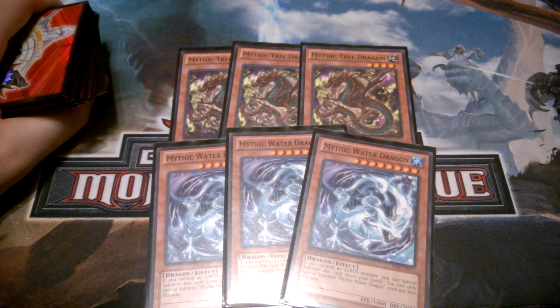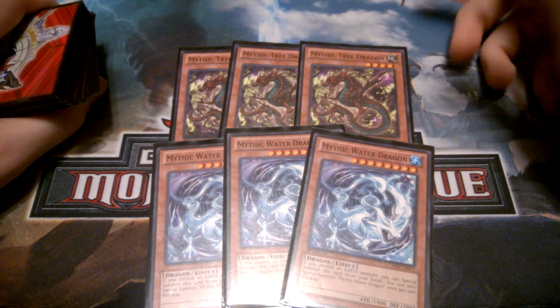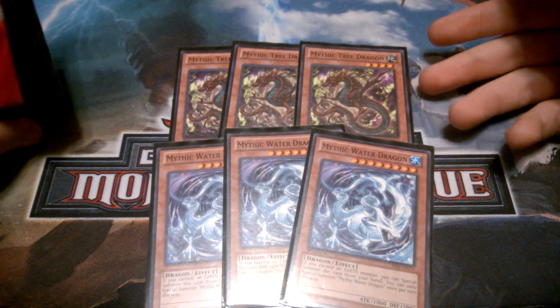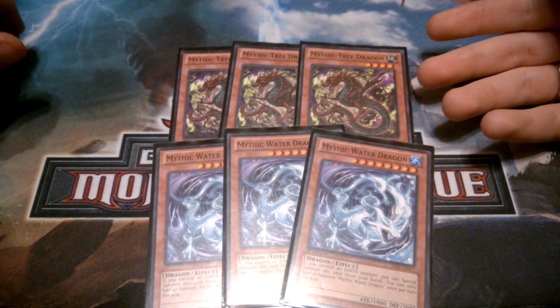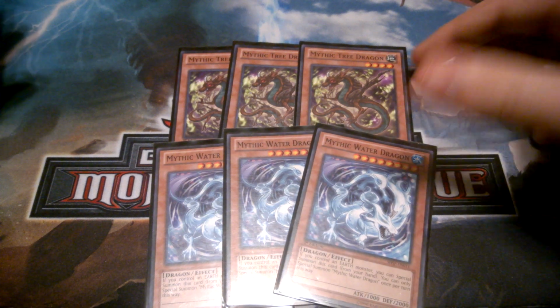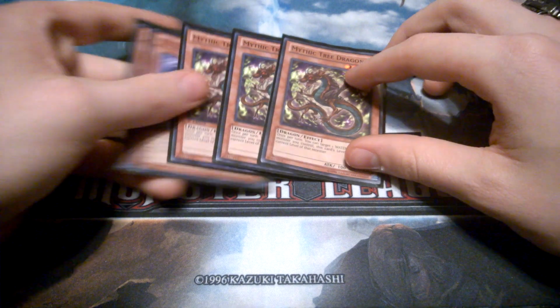You could substitute this guy for Beast King Barbaros since Dragon Rulers are out now, and without Redonks you don't really need him. So you could swap these guys out for Beast King Barbaros if you wanted to. I still like using Mythic Tree because I can use him with other plays. And not even that, he is a Dragon, so Dragon type archetype. Aside from that, Mythic Water you can pull off with